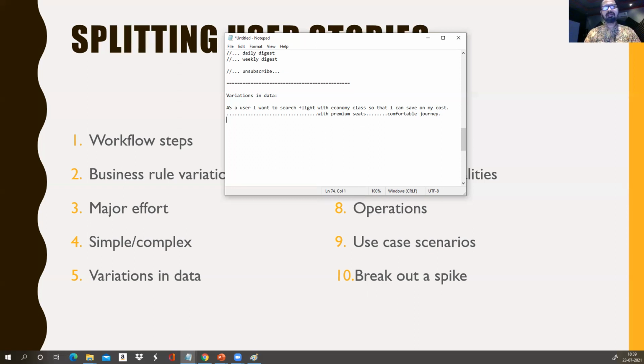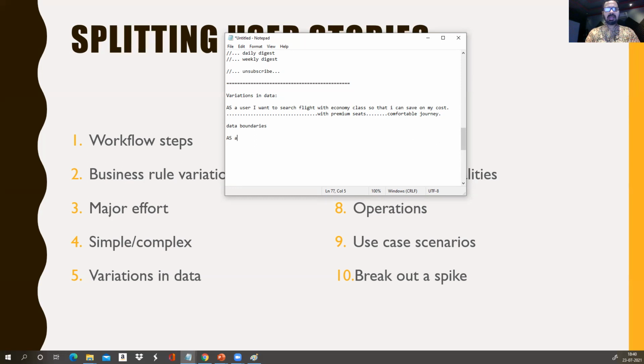I want to, okay, maybe now the next one we can take in terms of data boundaries. Okay, now what are variations by data boundaries? For example, I want to view the flights or search the flight or select the flight route so that I can choose my transit point. Okay. For example, now you have searched for these economy classes. Now within this, maybe you are flying from India to US and there are a couple of transit points. Maybe you can get into Dubai or maybe Paris or maybe UK or whatever, right?